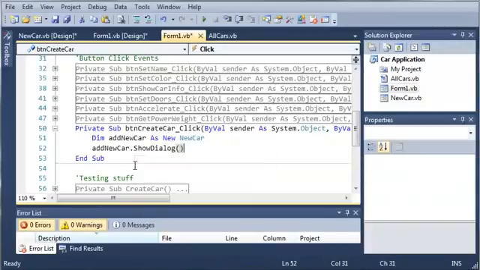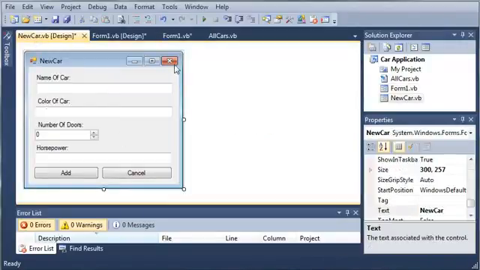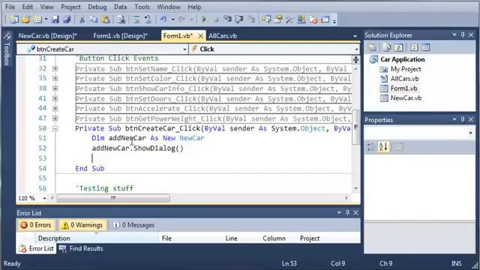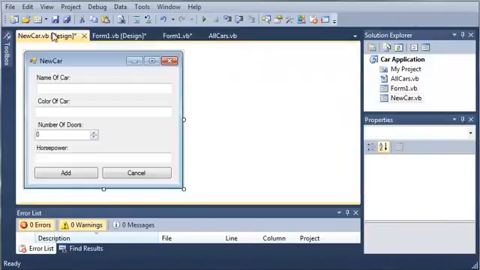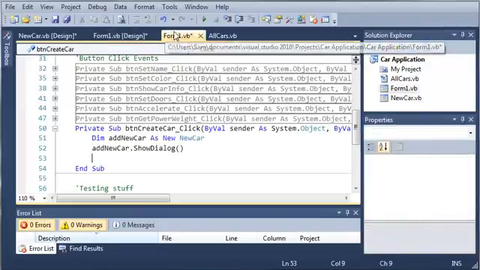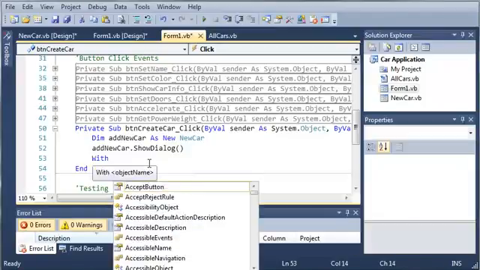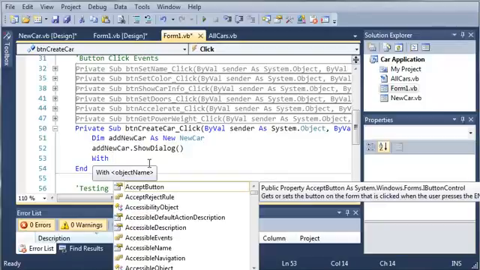Now the reason for using show dialog is to prevent the user from going back to the form 1 whenever the new car dialog is shown. So now that we've shown the dialog, we need to get whatever they put into this. So to do this, we're going to use the with keyword. So we'll start off by typing with, and now we're going to create a new car object. So with